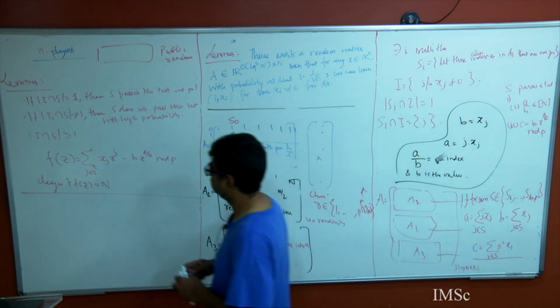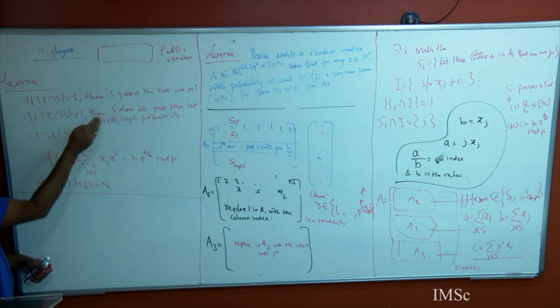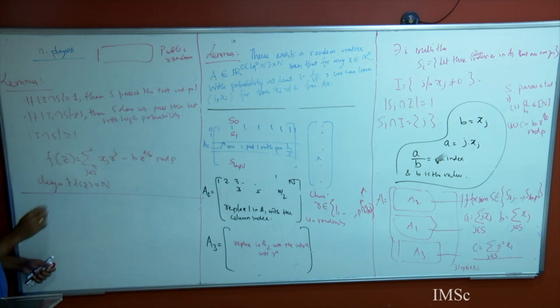Okay. So even to distinguish between one and more, you need this test. So this is the lemma we proved, and this is the proof. I mean, this first one is easy. Second, it is because of this. But most importantly, what we proved is another lemma which we proved last time.